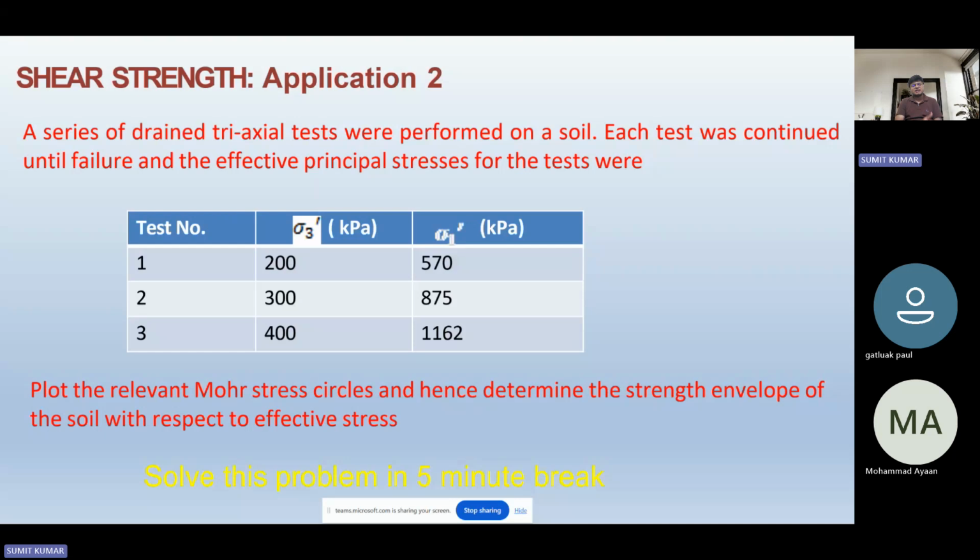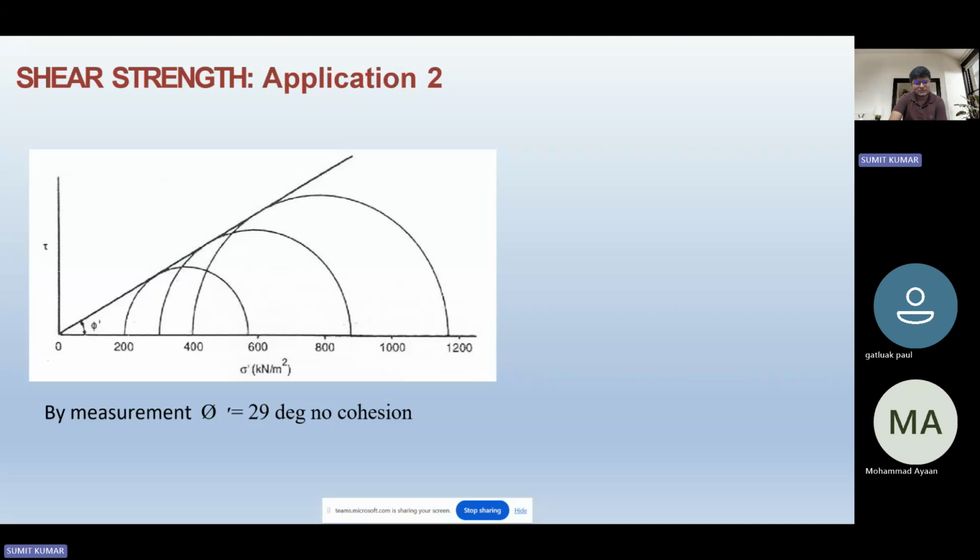We needed to calculate the value of sigma 1 by using the term sigma d equal to sigma 1 minus sigma 3, but over here sigma 1 and sigma 3 are already mentioned, so you can draw the first circle using the sigma 3 value as 200 and the sigma 1 value as 570. The diameter of that circle is going to be 370, hence the radius is 185. So 185 is the radius of that circle. The first point is 200, the second point is 570. You draw the circle. Let's see the graph which is already there. So the first circle with 200 and